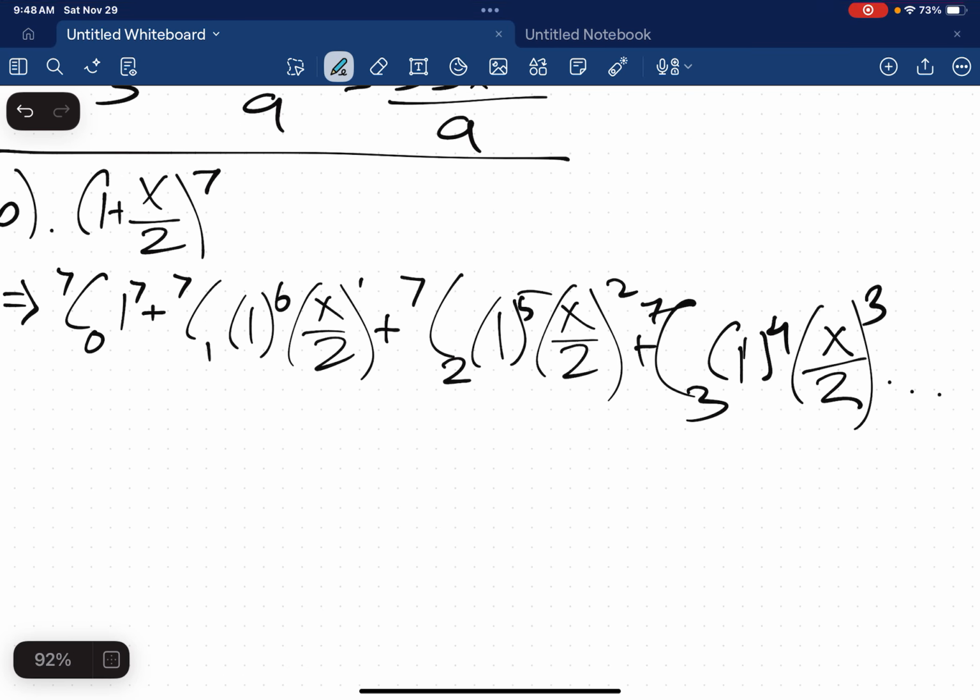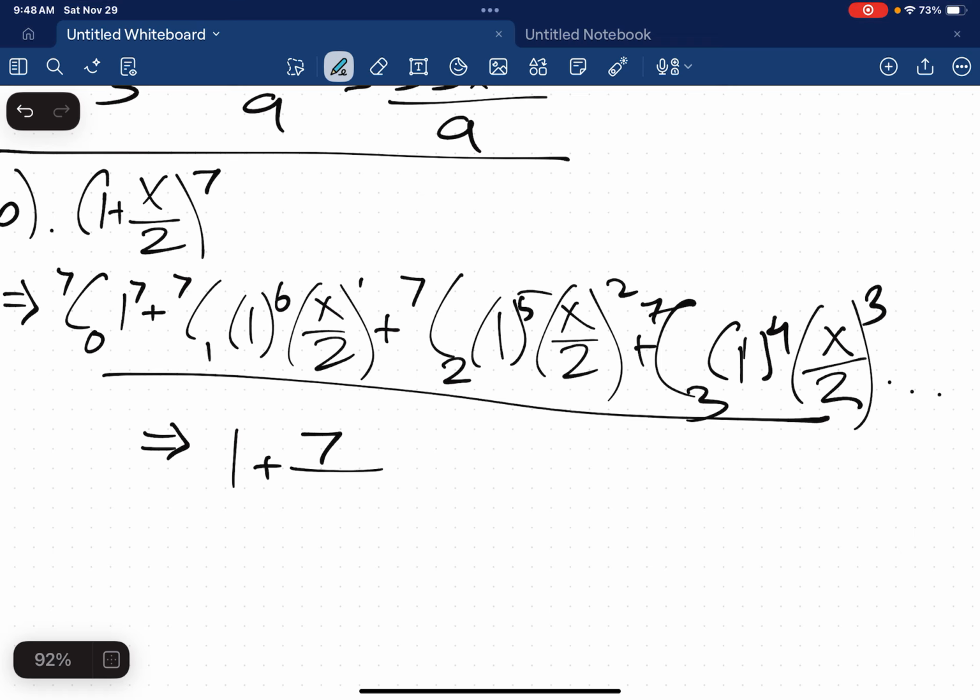We're asked to find the first 4 terms, so we're only concerned about this. And that's going to end up simplifying to 1 plus 7 times x over 2,